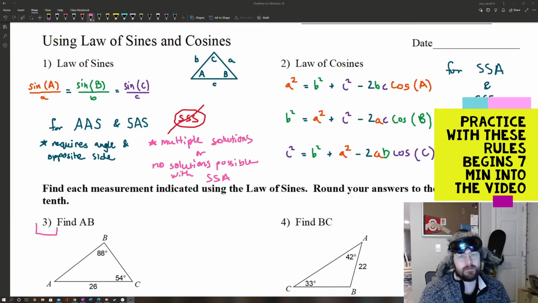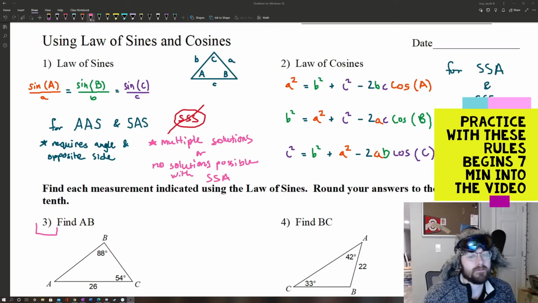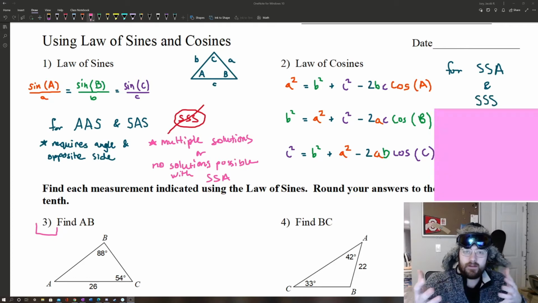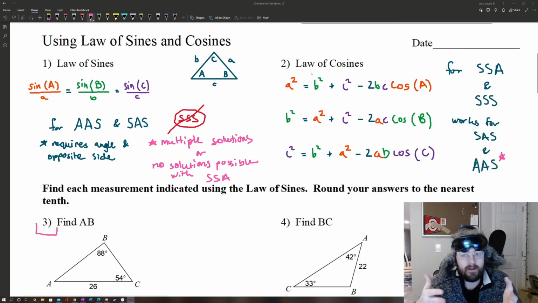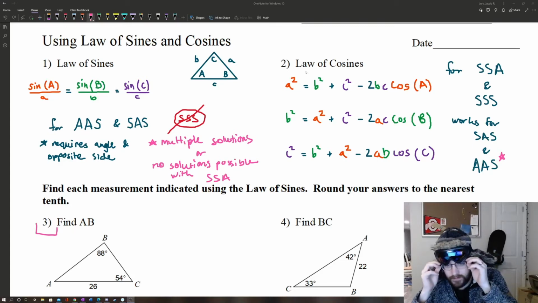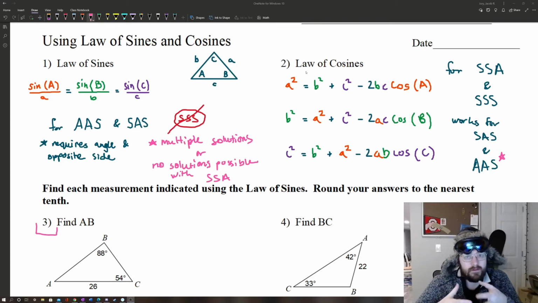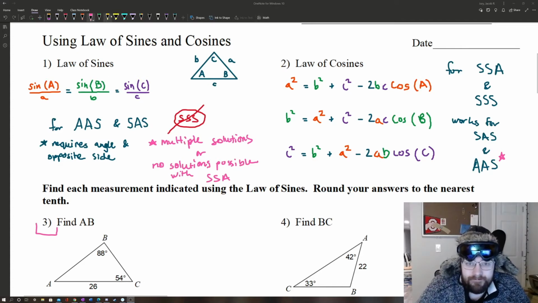I don't go into the mechanics of why we get these relationships between opposite sides and angles, or between other sides and one angle, as in the law of cosines. If you're interested in that, there are some resources out there for you to look into. But I'm just going to hit the bare bones on how to use these things and where they're appropriate to be used. So if we look at law of sines,